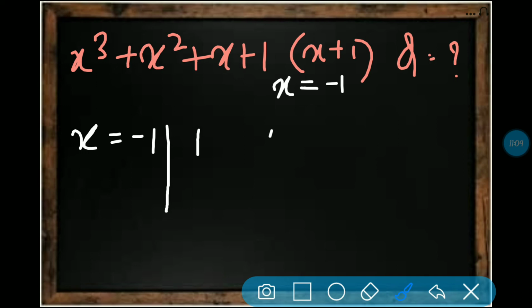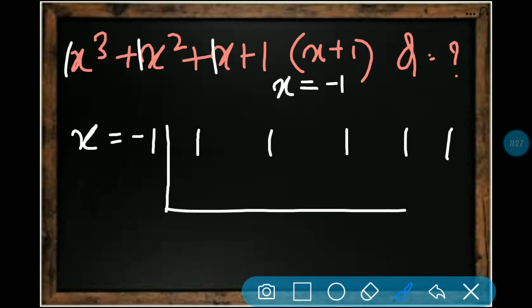We all know that. Here will be 1, 1, 1, 1. The coefficients are 1 only, right? Because nothing is there means 1 only. We discussed all this in challenges, even in classroom packages. So first all the coefficients will be written here, and then first we will add it with 0, as we all know it is 1.